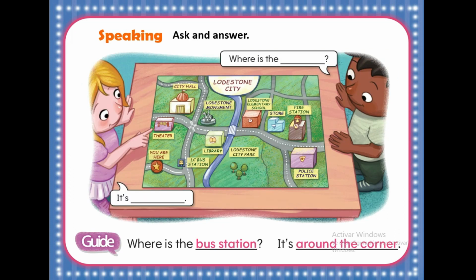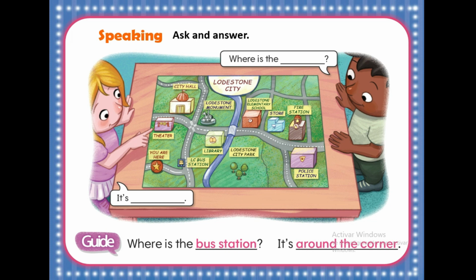Vamos a leer primero la pregunta. Where is the bus station? ¿Dónde está la estación de bus? La respuesta, it's around the corner. Está en la esquina. Entonces, chicos, acá, cuando ustedes quieran saber la dirección sobre algún lugar,